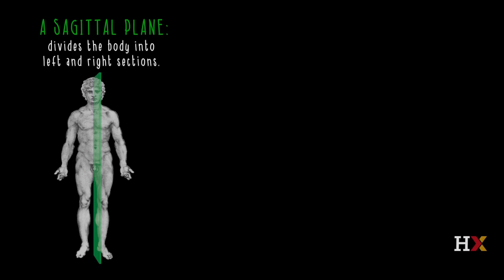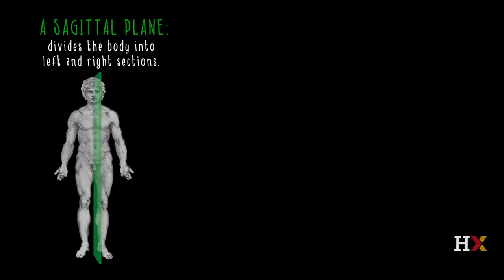And then the last set of basic vocabulary terms that you need to know is the terms for the planes. So the anatomical planes will divide the body into different sections. So first, for a sagittal plane, imagine an imaginary sheet of glass dividing the body into right and left halves. So a sagittal plane, a mid-sagittal plane would come right down the center of the body, dividing it into right